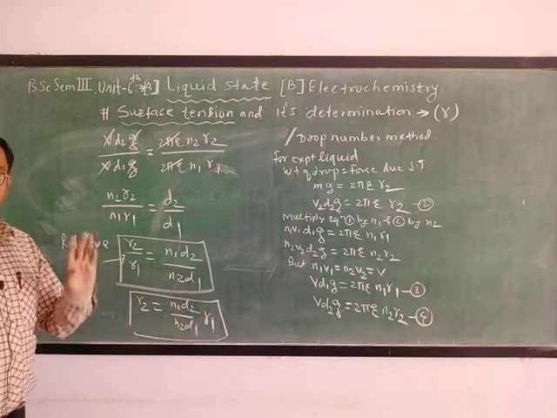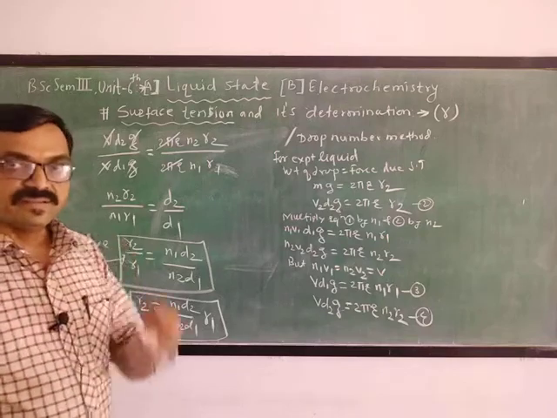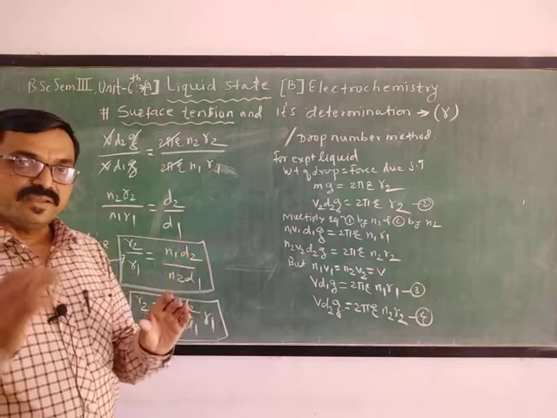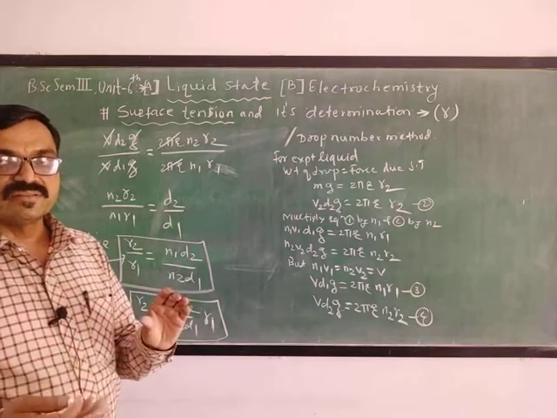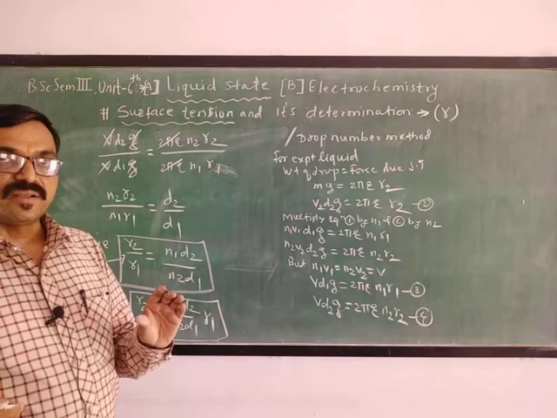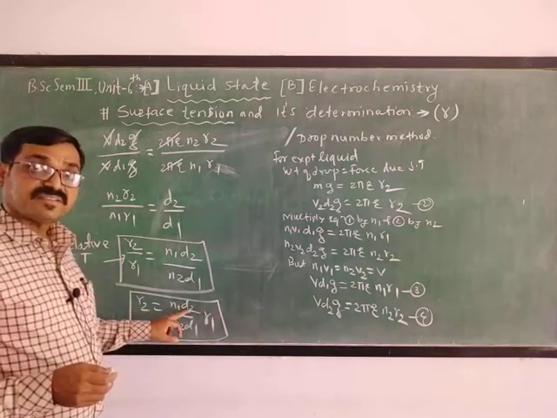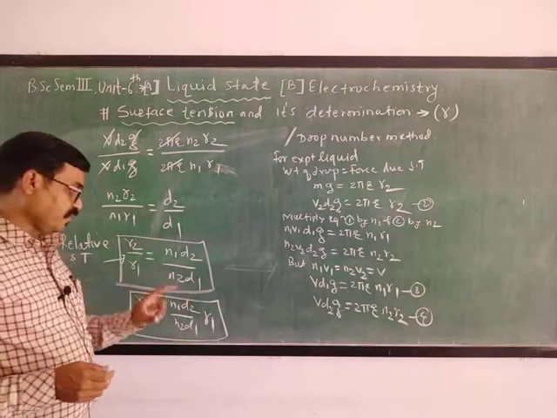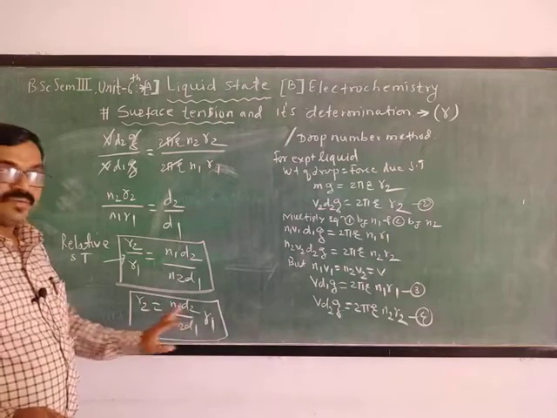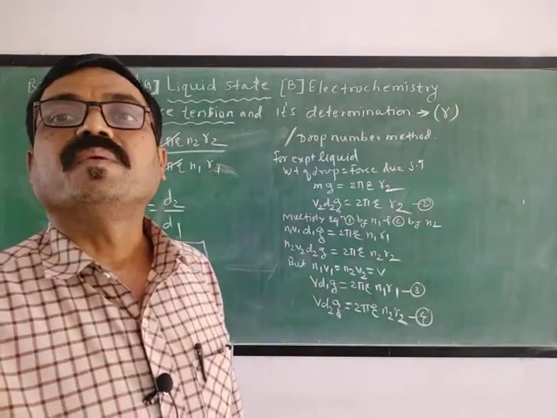Now how are densities measured? Densities are measured with the help of a density bottle. The empty density bottle is taken, and its weight along with the lid is measured. Initially water is taken in the density bottle and its weight is taken. The weight of water with the density bottle minus the weight of the empty density bottle gives the weight of water. This means density in terms of mass is determined for the same density bottle. If you know these densities d1 and d2 in terms of mass, put these values, n1, n2, and gamma 1 is known. In this way, the surface tension of the liquid can be determined with the help of a stalagnometer.